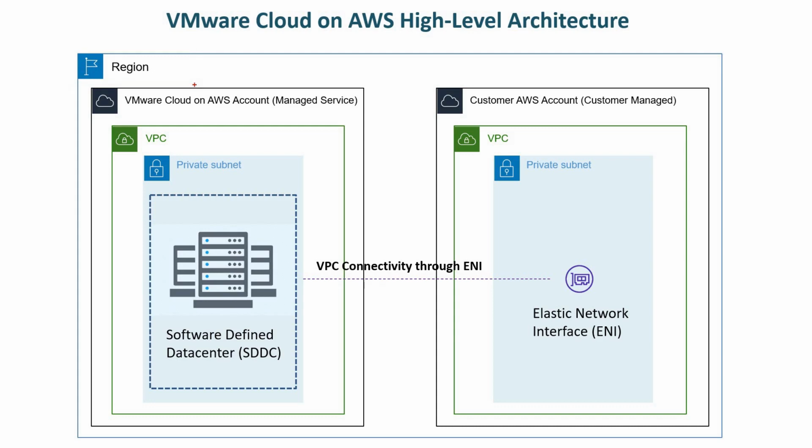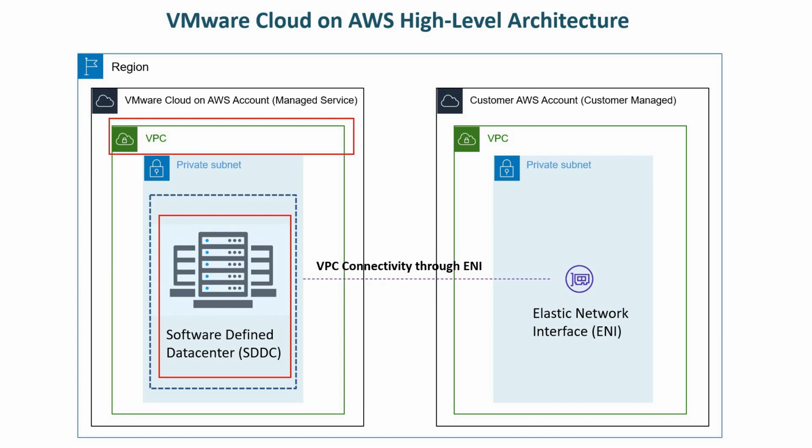The second thing, if you see in this diagram, this is our VMware Cloud on AWS SDDC. But before we go ahead and deploy our SDDC, we need to create a VPC. That's the first AWS construct, which gives us an isolated virtual networking environment on the AWS cloud for running our workloads, and that's exactly what we need to define. So before deploying our SDDC, we need to define the region. What region are we going to use?